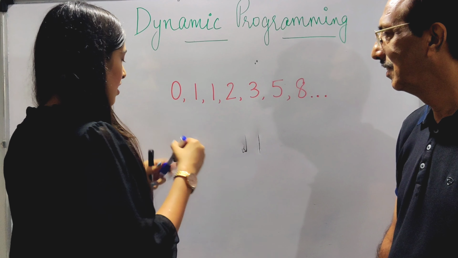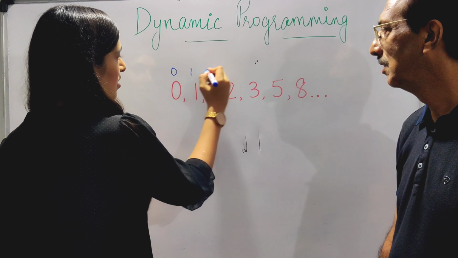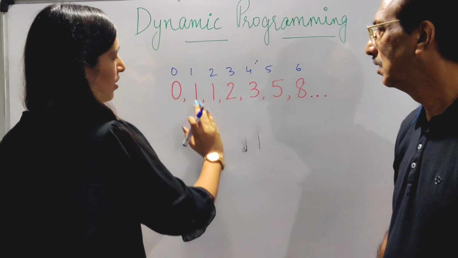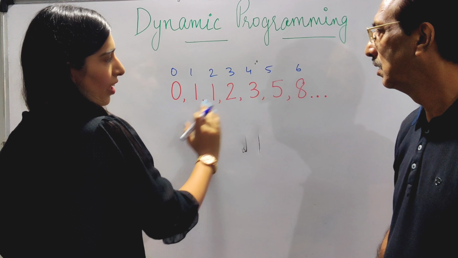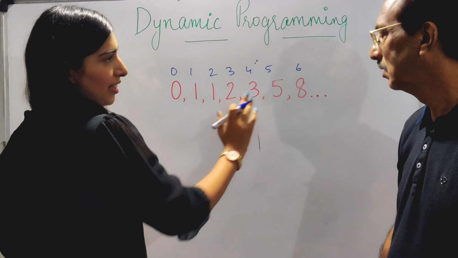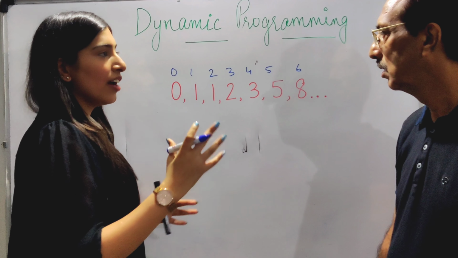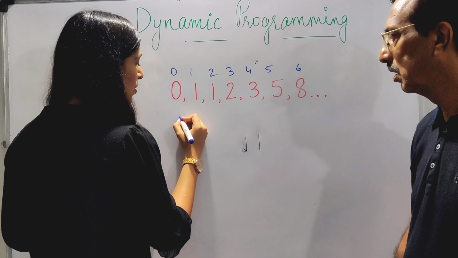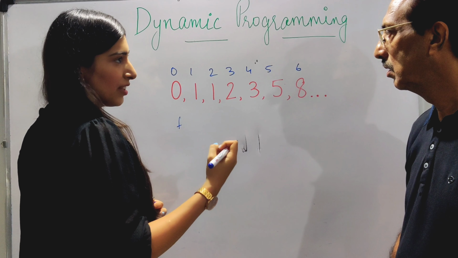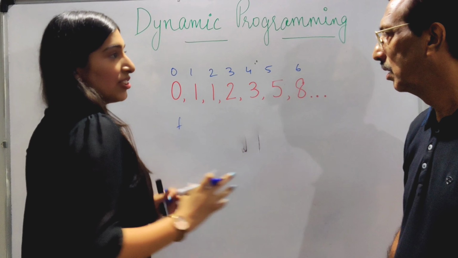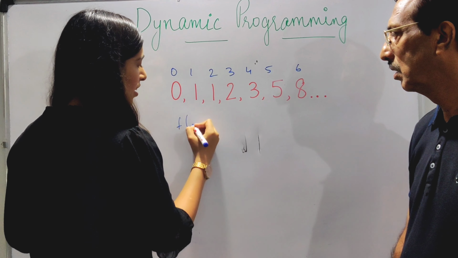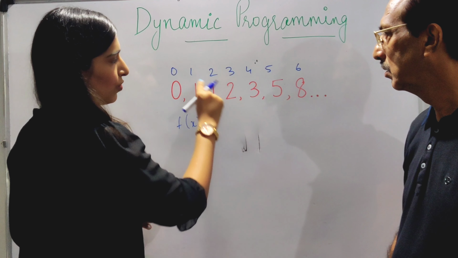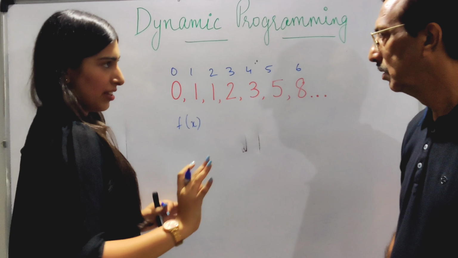So the base conditions are given to you. These are the values. The value corresponding to the first index is 1. The value corresponding to the fourth index is 3. Just as we have functions in maths, we have similar functions in coding also. You send some value and some value is returned to you, right? If we have to write a general function for this, how can we write f of x? So f of 5 is 5, f of 3 is 2, f of 1 is 1, f of 0 is 0, like that.